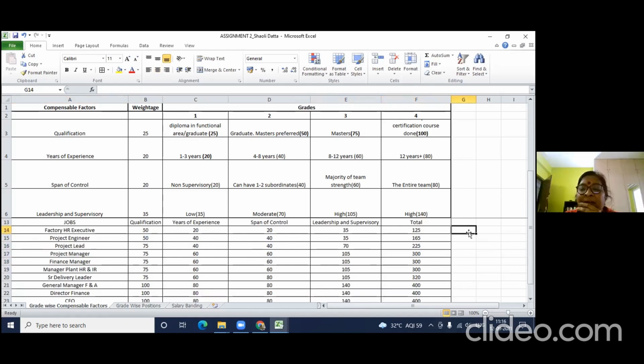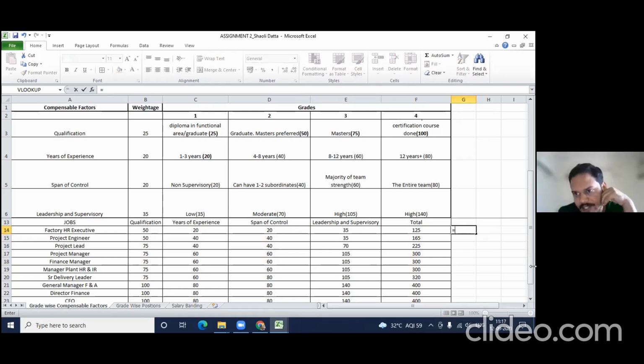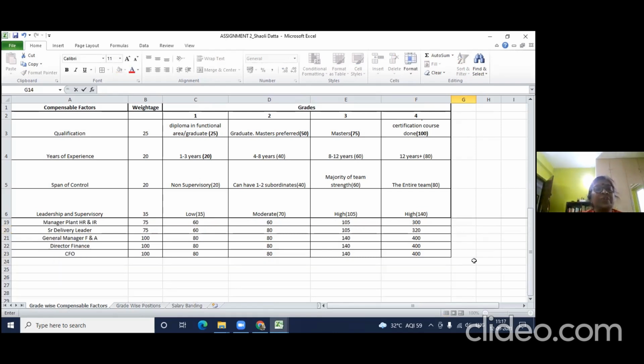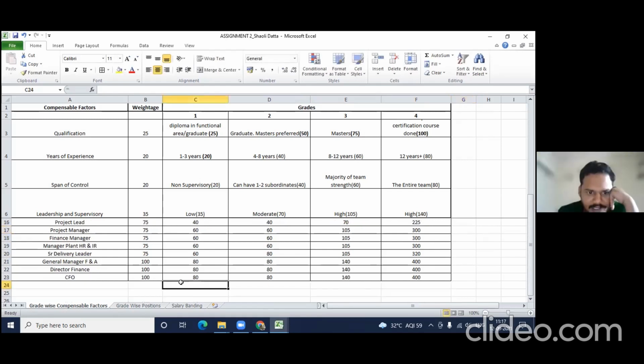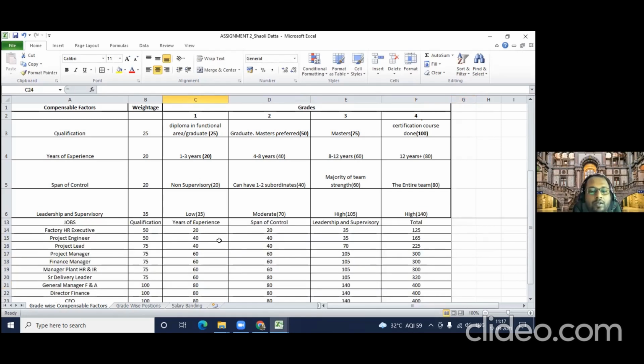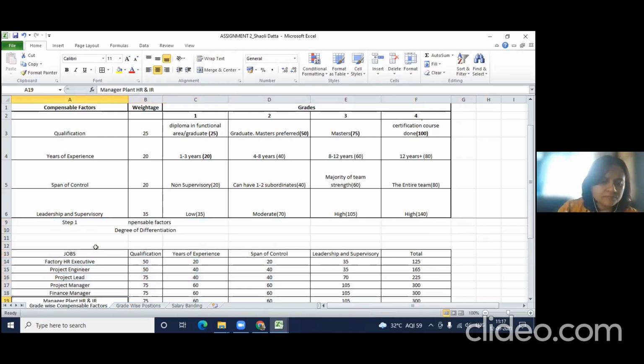See if you can merge there. Will you be able to? Or otherwise you can scroll down and just copy again. Just have your positions and the total point value for every position. Just the first and last column, that is A and then F. Just the jobs column and the total column. Okay, just positions and total point value.